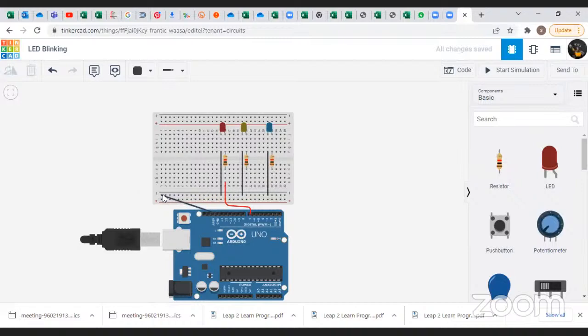Actually, here I made this total line negative for simple connection purposes. All the LEDs' negatives are connected to this negative, which means the ground pin. See, the second LED is connected to this ground pin and the third LED is connected here to ground. And next, the positive terminal, we need to connect this positive terminal for